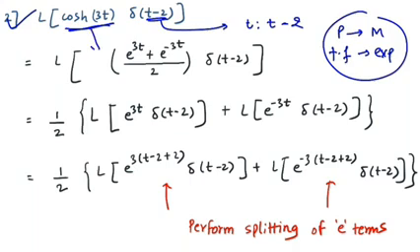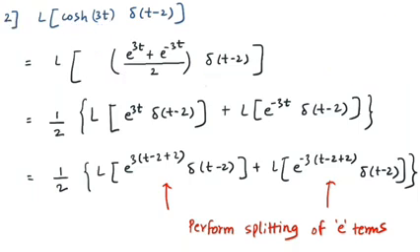So cos hyperbolic theta can be written as e raised to theta plus e raised to minus theta upon 2, where theta here is, what is the value of theta here? 3t. Okay, so that is the reason you are getting e raised to 3t plus e raised to minus 3t upon 2 and this delta part. So the next step is to split, right? We have two functions f1 and f2 in the addition format, so you can split, right?